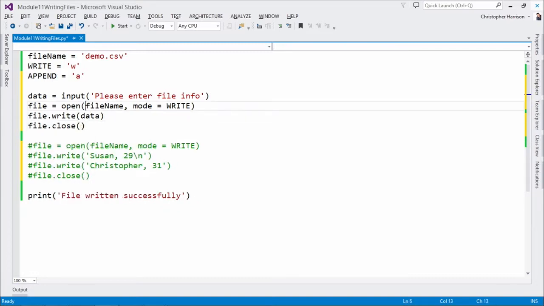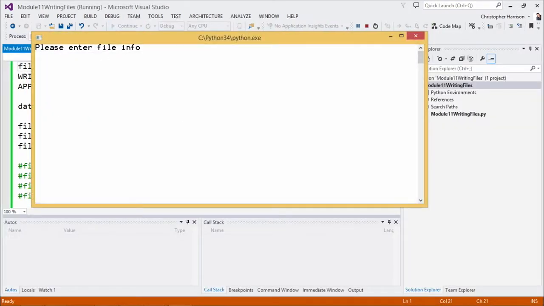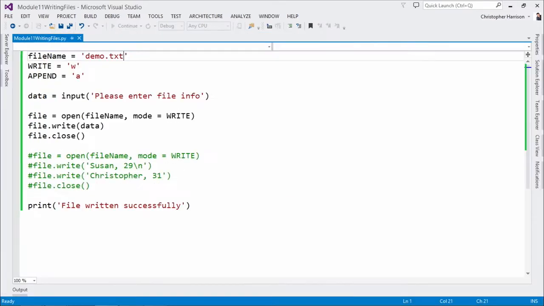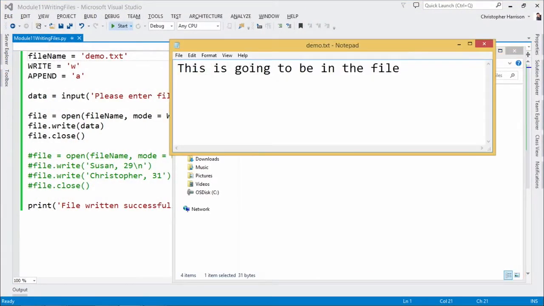Okay, so what you're going to notice is that I'm grabbing the data from the user, and then I'm going to write that out to the file. So let's go in and do that real quick. We'll just go in, hit start. Please enter. I should have put a space, but that's okay. This is going to be in the file. Hit enter. Written successfully. And now let's go back to our text file,